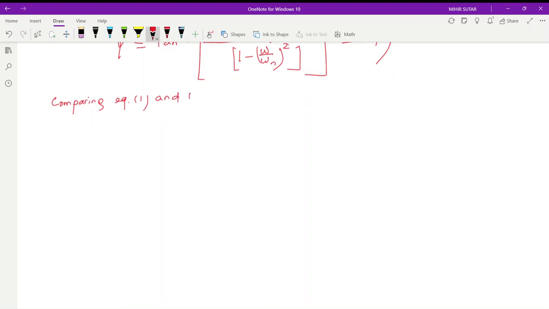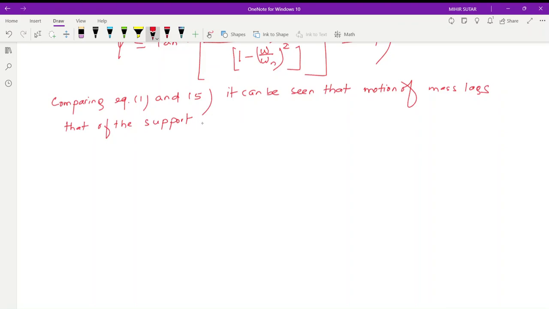Now comparing equation 1 and 5, it can be seen that motion of mass lags that of the support through an angle phi minus alpha. Okay, the angle of lag